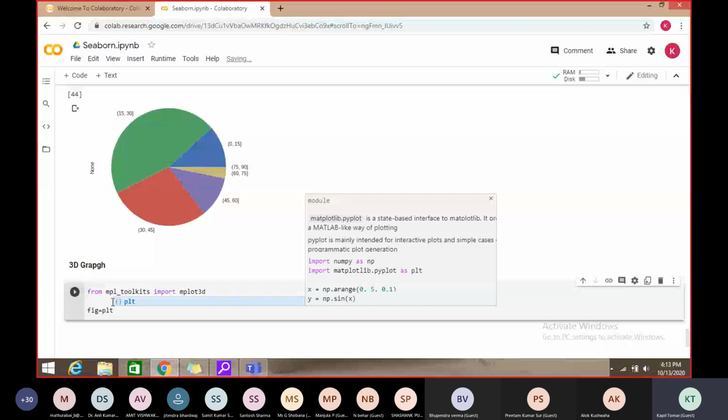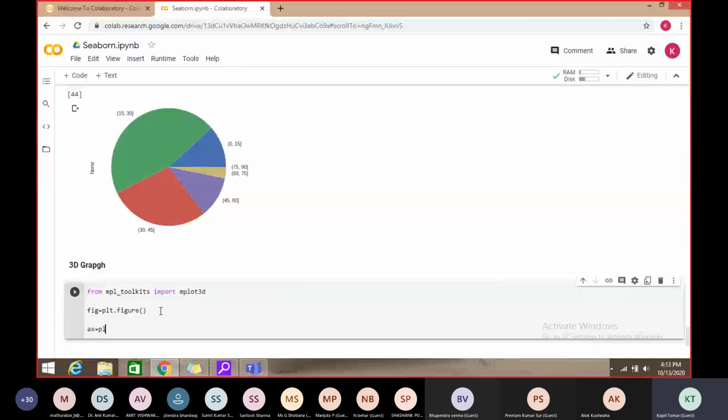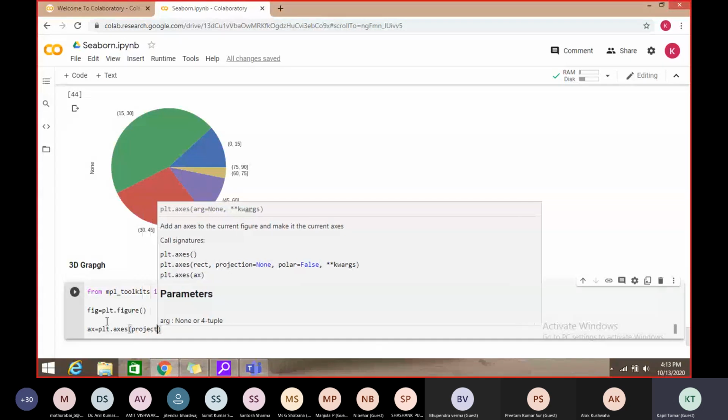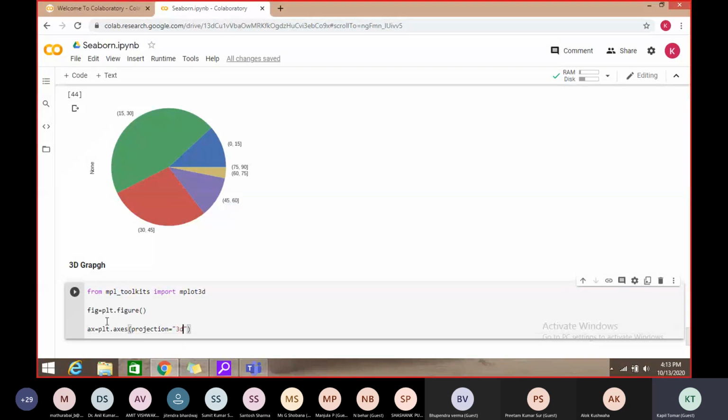So what should be the axis? We have to call plt.axis, and what should be the axis of that particular figure? So projection equal to, here we have to mention 3D, right?